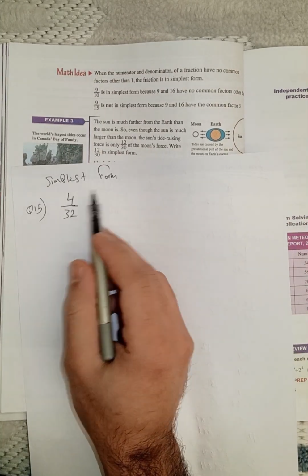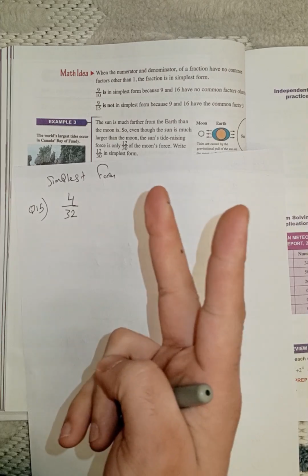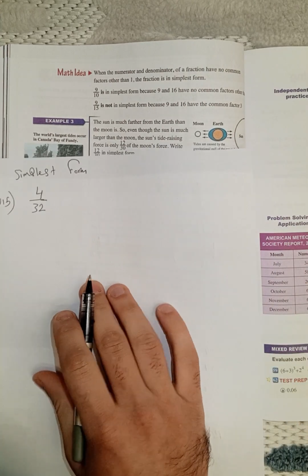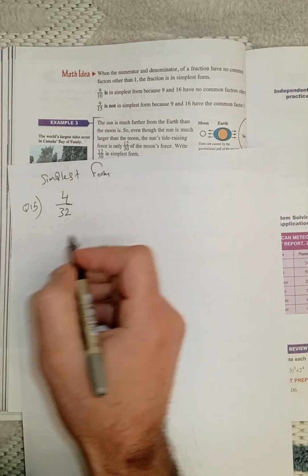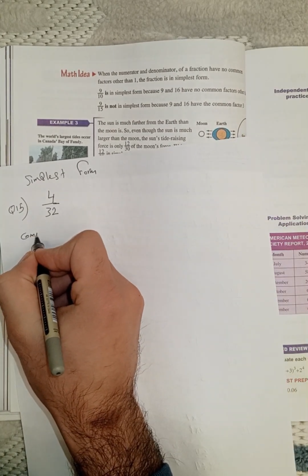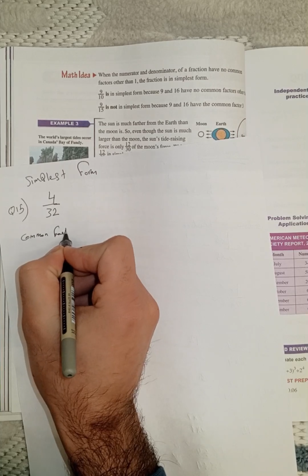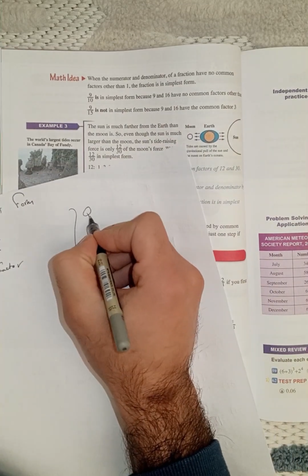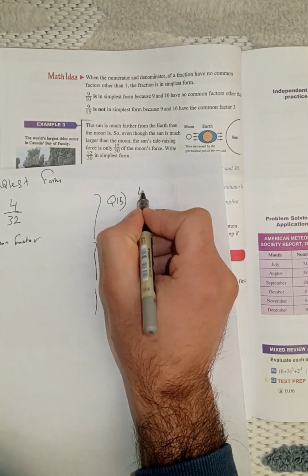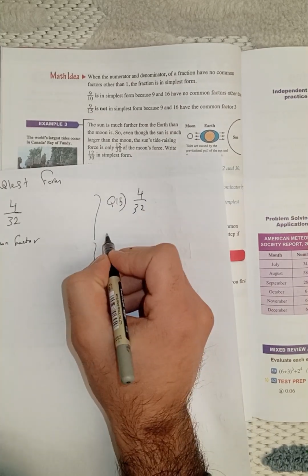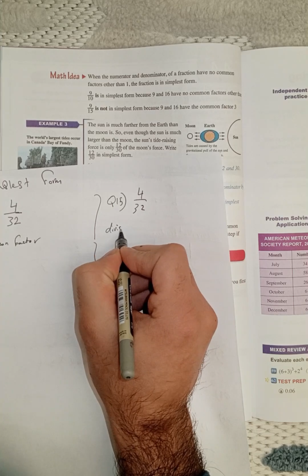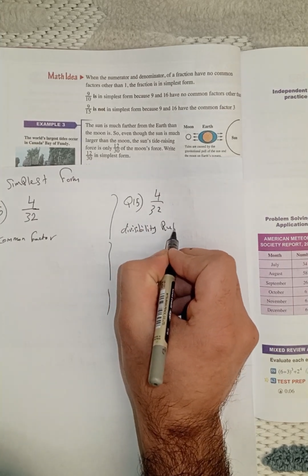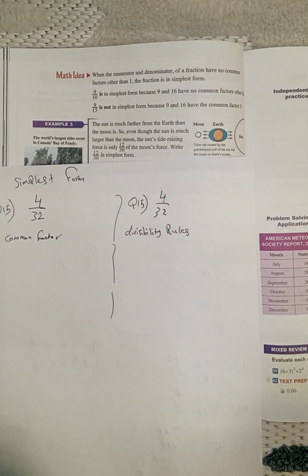To write the fraction in the simplest form, there are two ways: by using the common factor and by using divisibility rules. Let me write. This one is common factor. The second way, for question 15, which is 4 out of 32, is divisibility rules. Okay,